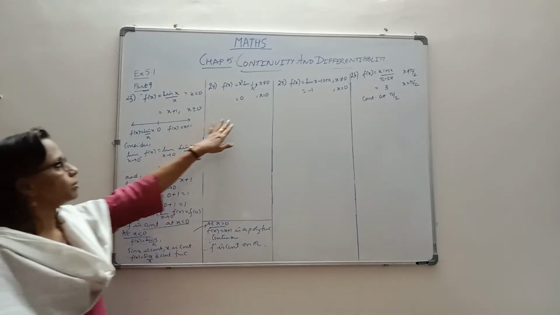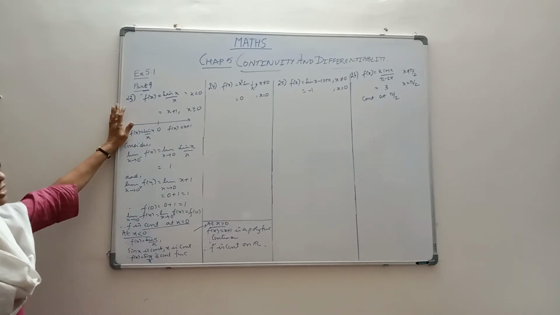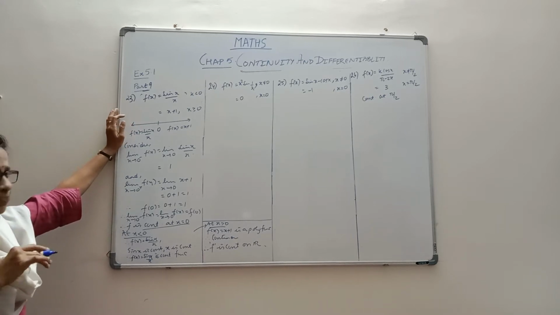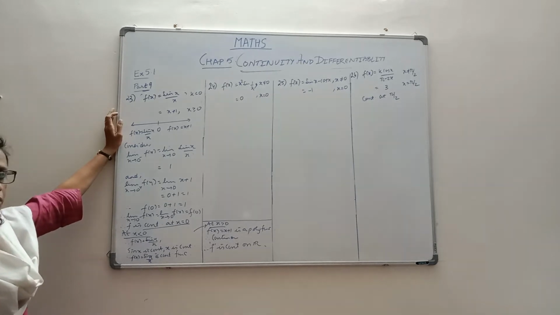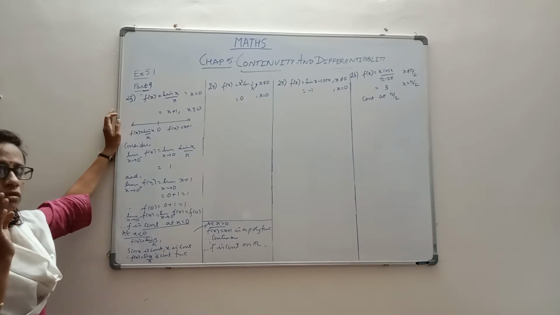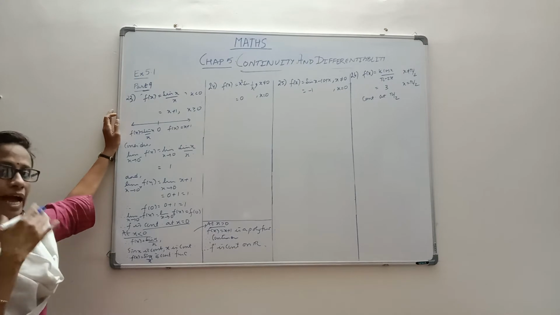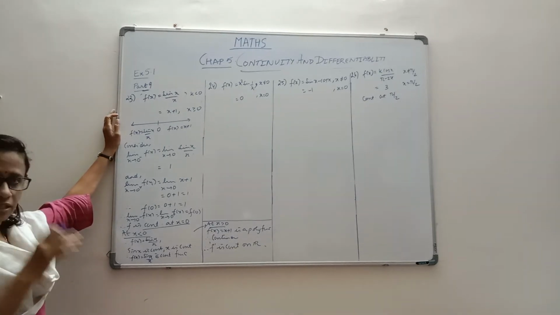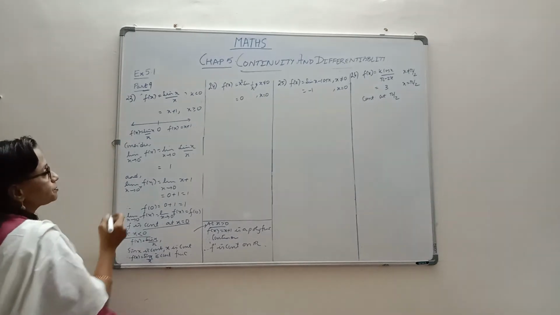We have an identical problem in the next, 24th problem, which says that f of x is defined as x squared sin 1 by x when x is not 0, and when x is 0, it is defined as 0. So there is a change in values at x equal to 0. So automatically it prompts us to find the limiting value of this function on the left side and the right side of 0, and check first whether it is continuous at 0. The moment it is continuous at 0, we will check for continuity at other points. So let's see how to go about it.